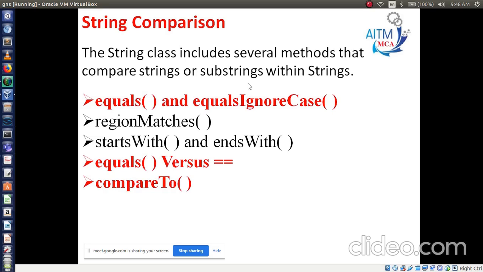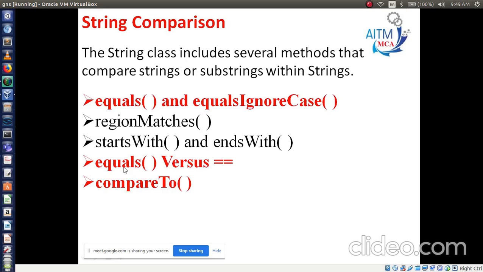One is equals and equals ignore case. See, equals is one method and equals ignore case. Another method, regionMatches, starts with and ends with. Starts with is one method and ends with is another method. Equals versus double equals.